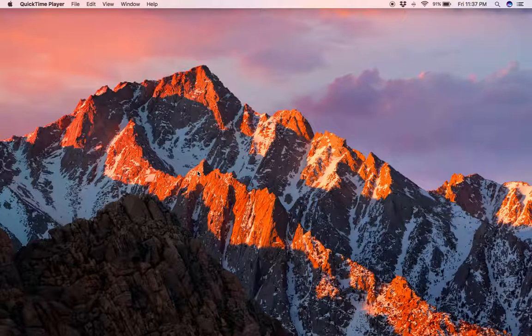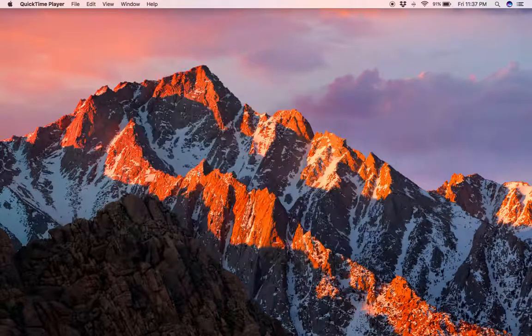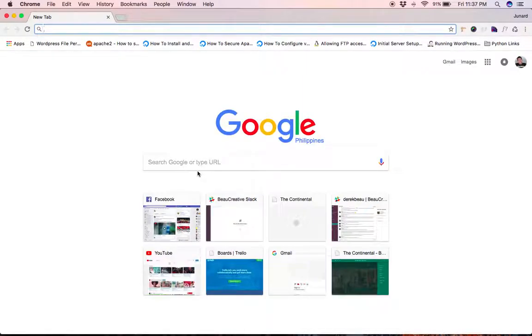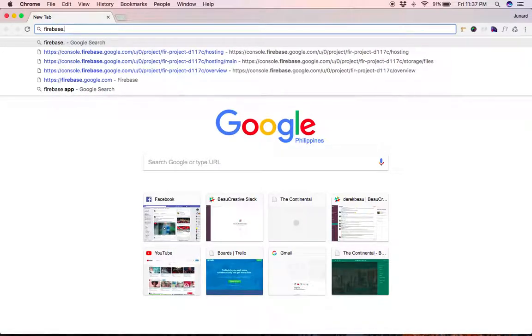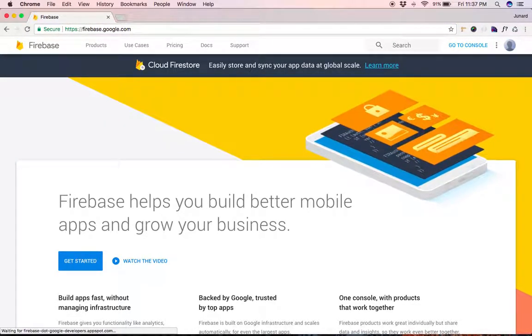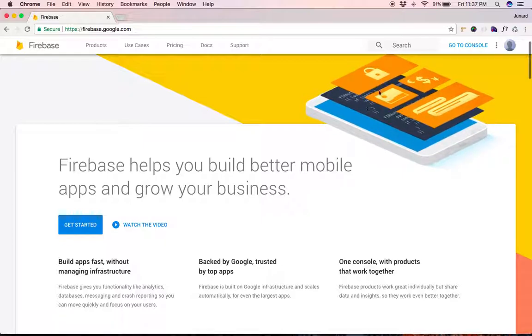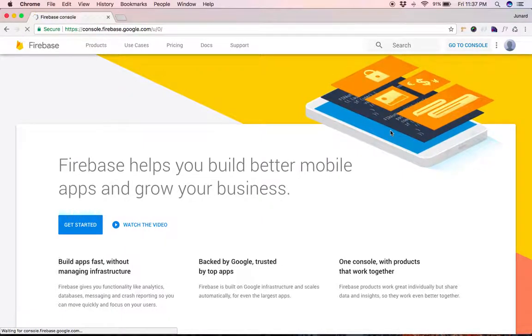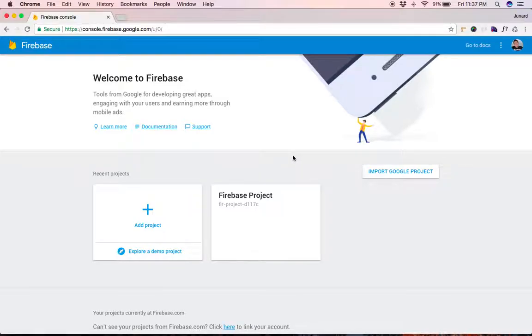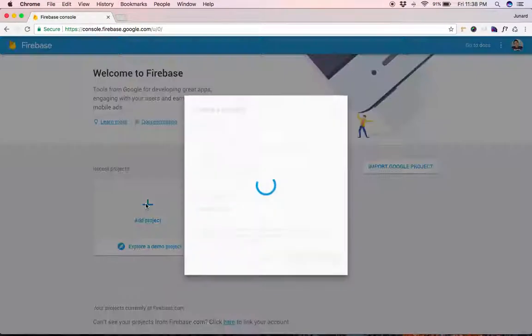Okay, so now let me open Google Chrome. Just go to firebase.google.com, and if you have already created an account, you can get started, and you can go to the console, and then you can add a project on Firebase. So just click add project, and then